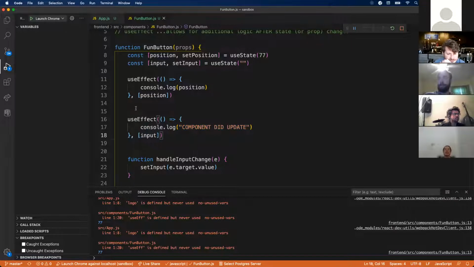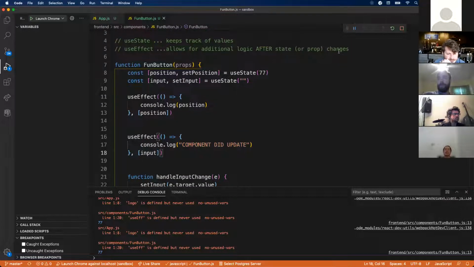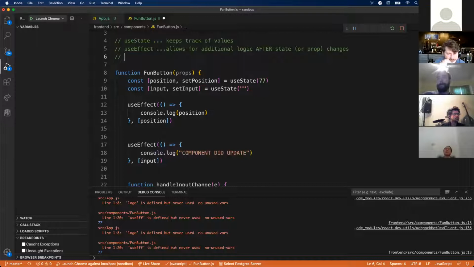We have to add some additional logic. And this is where I'm going to introduce our third hook, useRef, which is still kind of mysterious because we haven't talked about it. We haven't used it too much. But useRef, again, is very useful. And I'm going to go over the two main use cases for it. So it can be used to track a DOM element, or it can be used